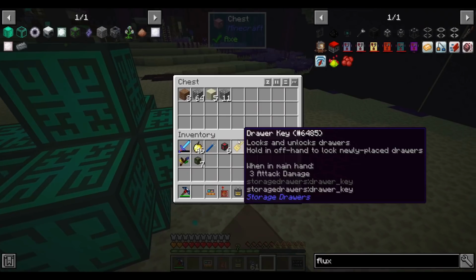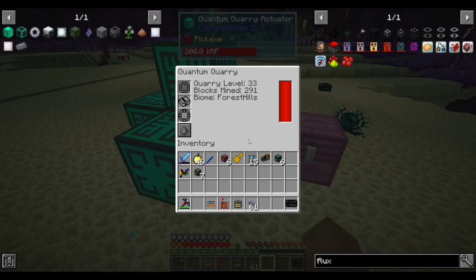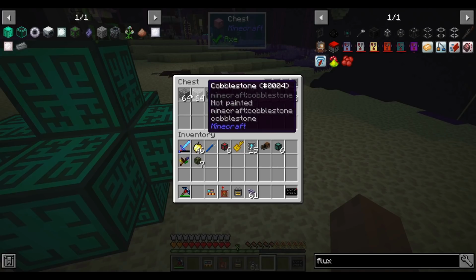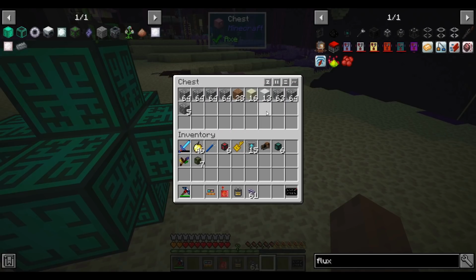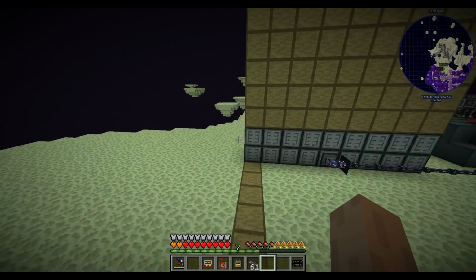20,000. And it will mine stuff for us. What it's actually doing is it creates a virtual world, like a separate dimension, and then quarries it. So depending on the biome it's in, right now it's in the Forest Hills biome, we'll get different surface blocks. So it might even hit trees and stuff because it's actually mining a literal dimension. But what I want to do with this, I think, is probably just directly hook it up to our door